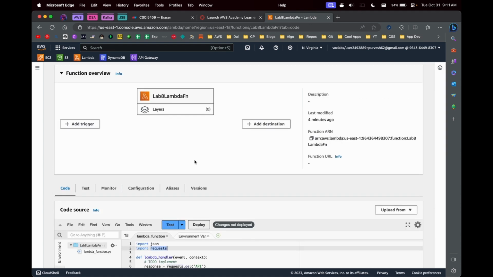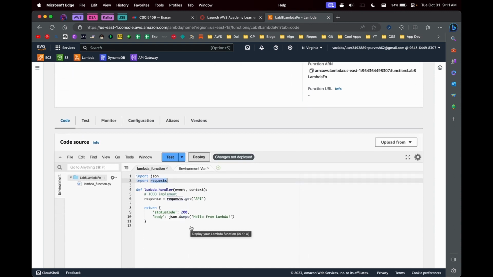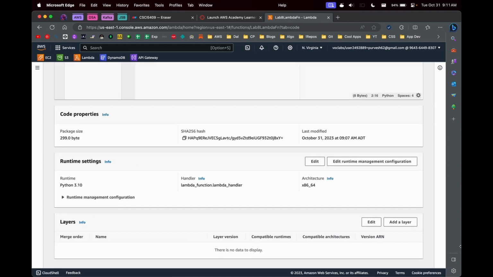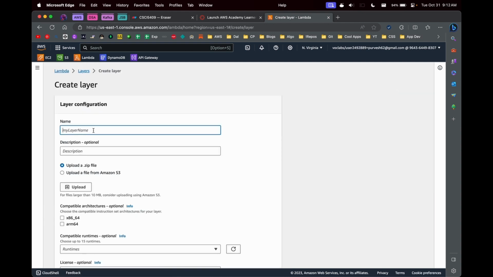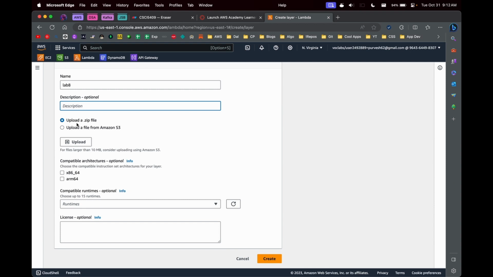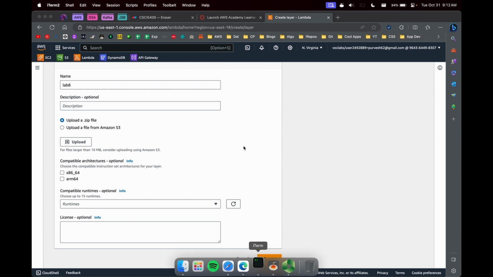Same way in Node, there is a package.json file which installs the list of packages, like dependencies. So it creates a node_modules folder, right? So same way in Python, it creates a virtual environment folder or a folder with libraries XYZ. So for this case, what you will have to do is, if I go to layers, create a layer, then you give a layer name. Let's say I'll give lab8. Then it asks for a zip file. So what you should do is